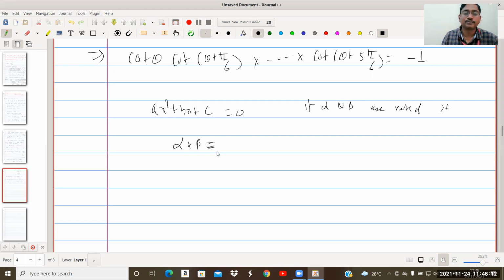The sum of roots is minus the coefficient of x divided by the coefficient of x square, so minus b upon a. And the product of roots, the degree being 2, we take -1 square. The product of roots is the constant term divided by the coefficient of x square, that is c upon a. And you can take the roots of an equation and check whether it is the same.